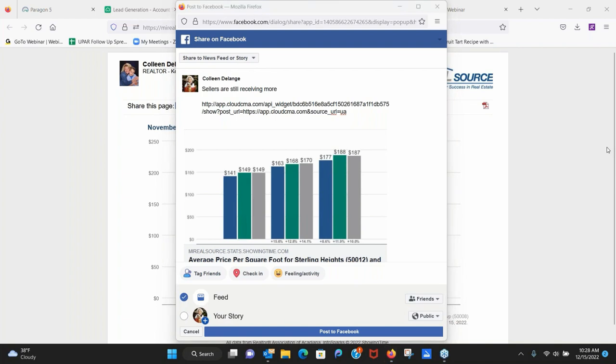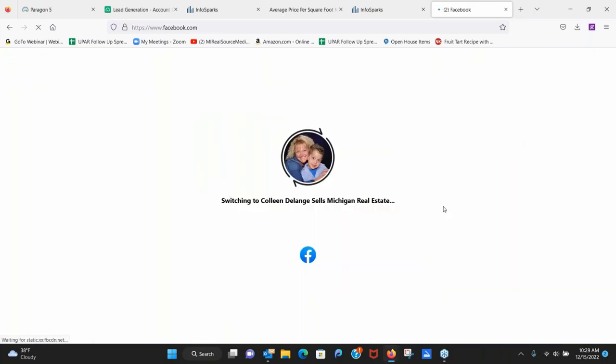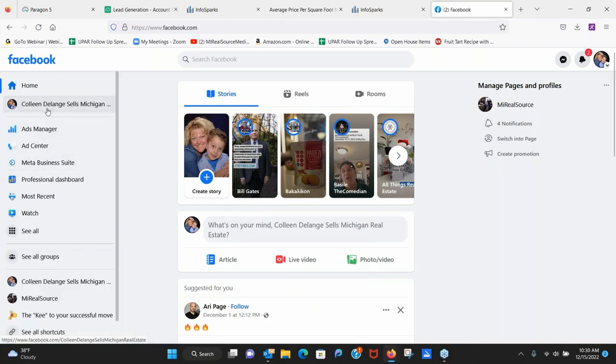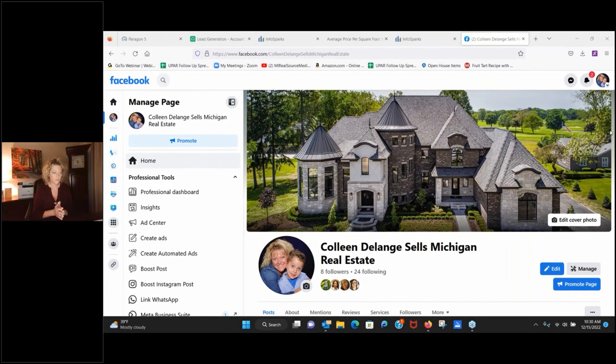So let's go back into, and I'm just going to pull up my Facebook so you can actually see the finished product. By the way, of course, you want to have a business page set up. A lot of people are saying, well, I can share everything to my personal page. That's great, there's nothing wrong with having a personal page. But keep in mind, with NAR looking at, and usually it's not intentional, so let me explain that too. With NAR looking at people sharing their listings and wanting all the consumers to be able to see things equally, and not steering, and not violating any fair housing, what we're looking at right now is